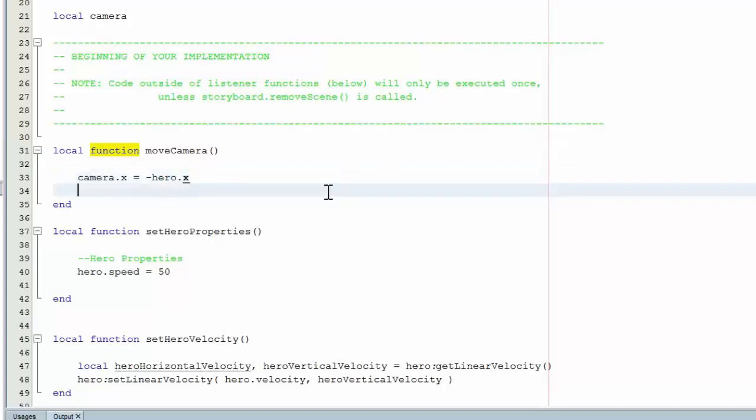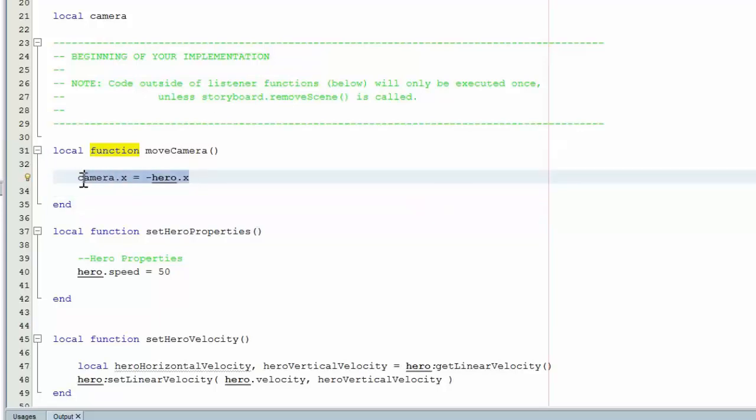So basically what we're saying is that the camera moves left if the hero moves right. Now this is not exactly right because we haven't accounted for an offset. So when we do this, what's going to happen is that the hero is going to be right at the edge of the screen